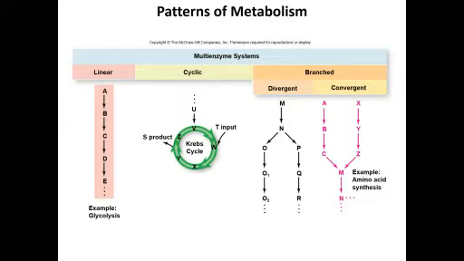Here you have some product from a previous pathway that's entering the cyclical Krebs cycle. You have the interaction of this reactant product form and this one, and it's used to generate